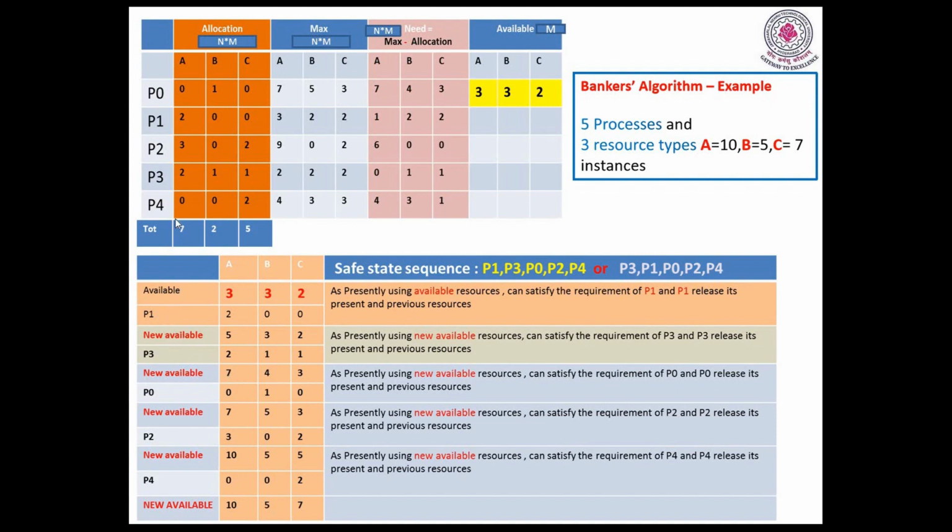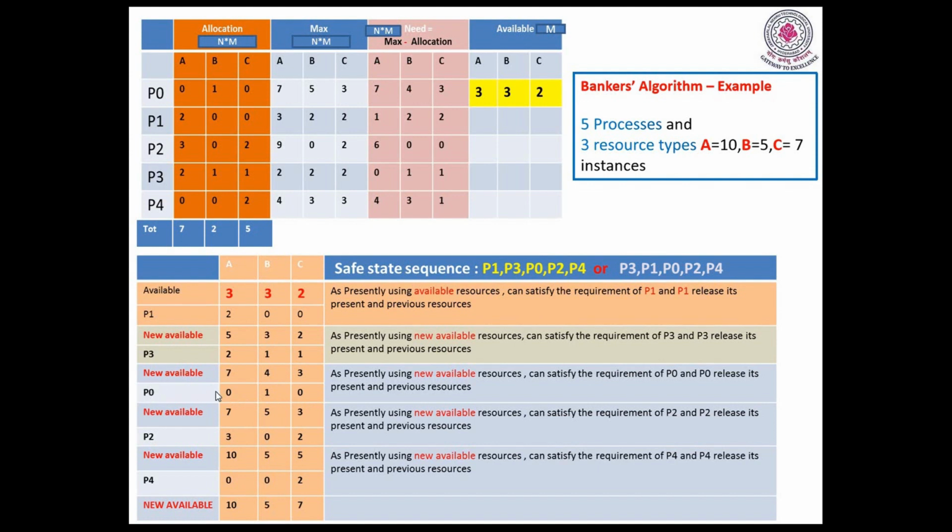So what are the processes completed? P1, P3. Now what are the pending processes? P0, P2, P4. So now I want to test. Now freely available is, let us look here, 743. If I go for the P0, available is 743. Need is 743. Condition true. So when the condition is true, now the resources I am allocating to P0.